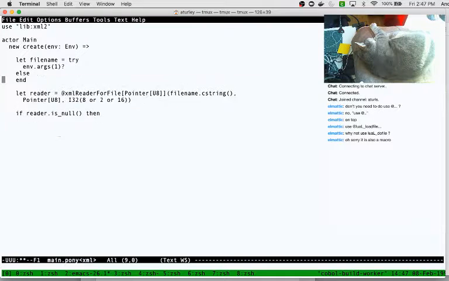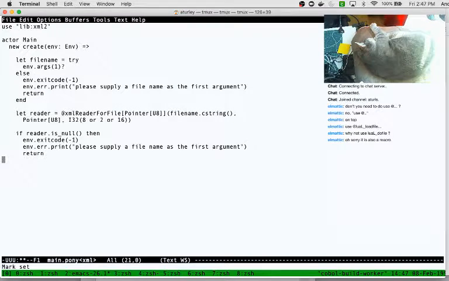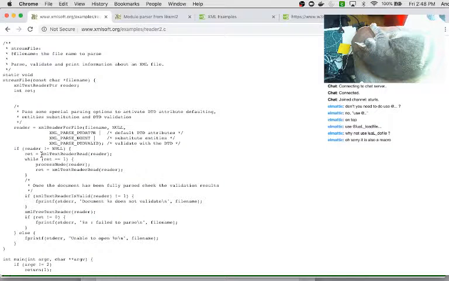I'm going to copy this chunk. And if it's not null, then let's